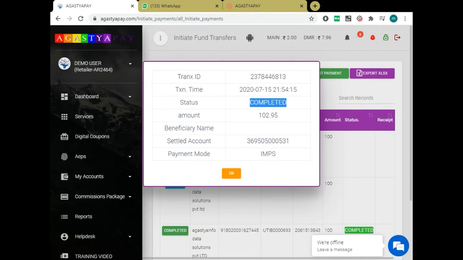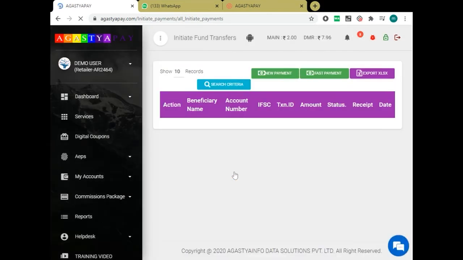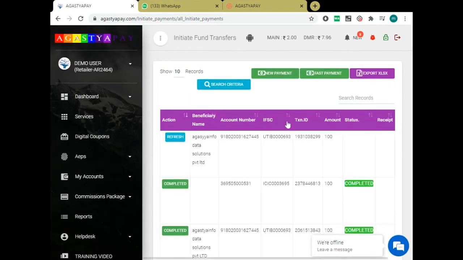or pending or refunded. For example, I have done some transaction, but due to some network issue or bank server issue, the transaction has failed. After 20 to 30 minutes, if it is refunded, within 2 hours it will reflect here that the amount has been refunded, and whenever the amount is refunded, it will directly be added to your DMT wallet.